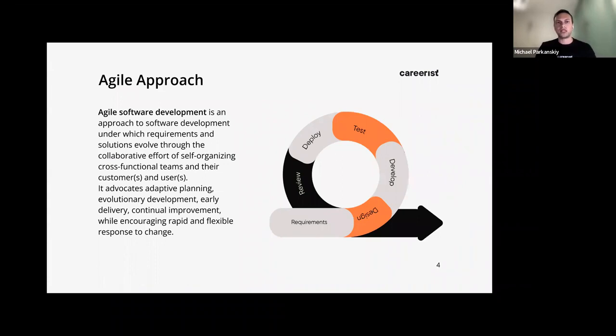Okay. And so the agile approach, essentially, is a continuation of the waterfall approach, but it's flexible, right? It's an approach to software development under which requirements and solutions evolve through the collaborative effort of self-organizing, cross-functional teams and their customers and users. It advocates adaptive planning, evolutionary development, early delivery, continual improvement, while encouraging rapid and flexible response to change. Okay, that's a mouthful, but essentially,